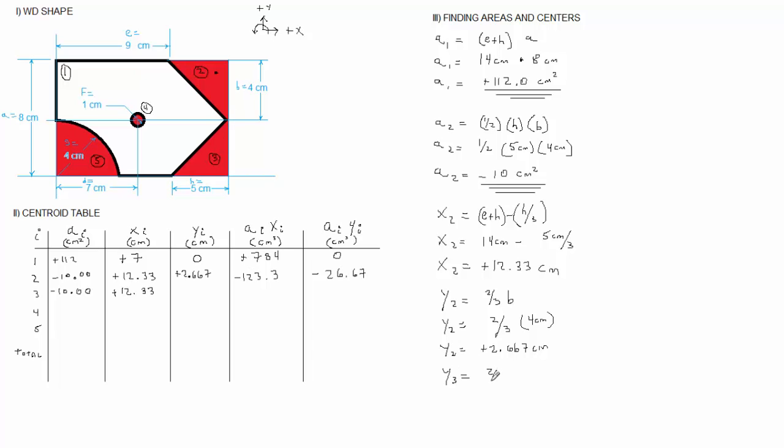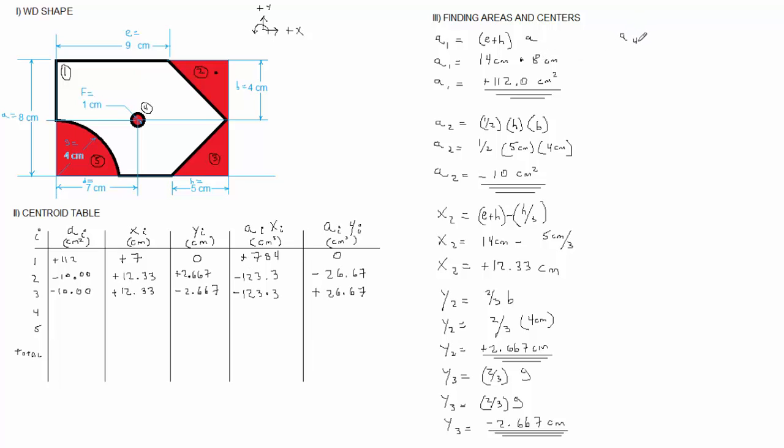So that's 2/3 of g, and y3 is going to equal a negative 2.667 centimeters. And multiplying those distances out,